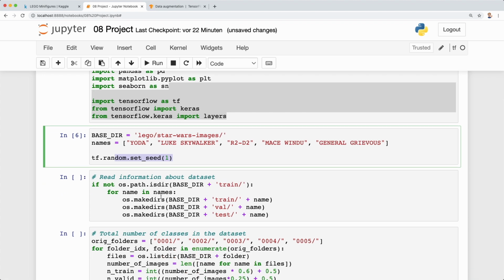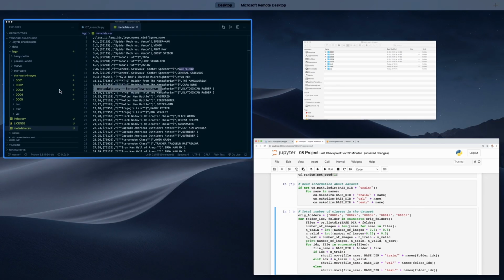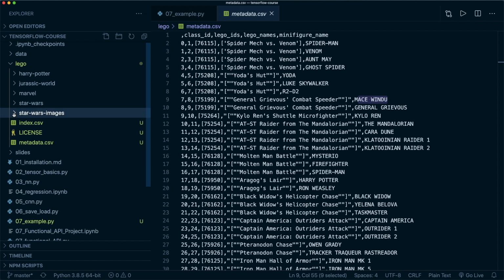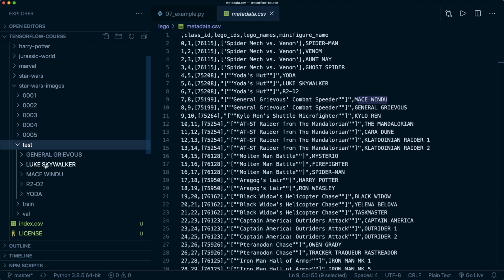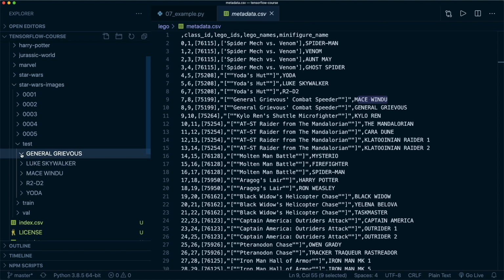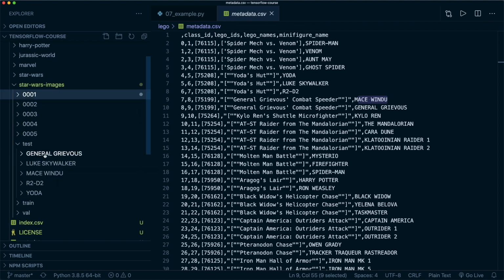And now the first thing we want to do is to create our different folders, so we can of course automate this with Python. So now if I run this code and we have a look, then in here it created these 3 new folders, and then inside of each it created a folder for each character that we have. So right now these are empty, and now we are going to take the images from in here and then